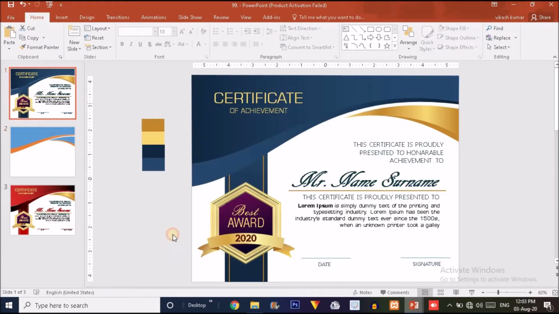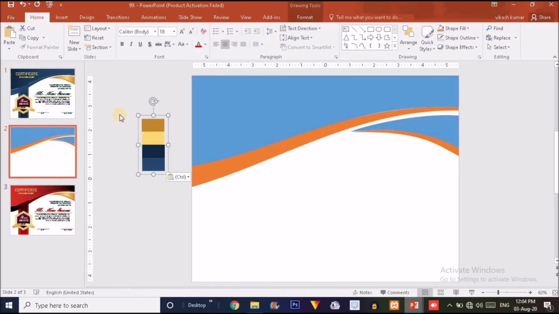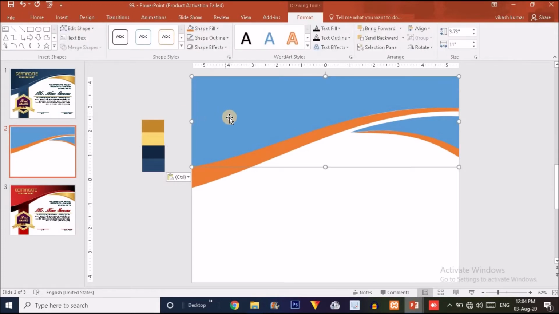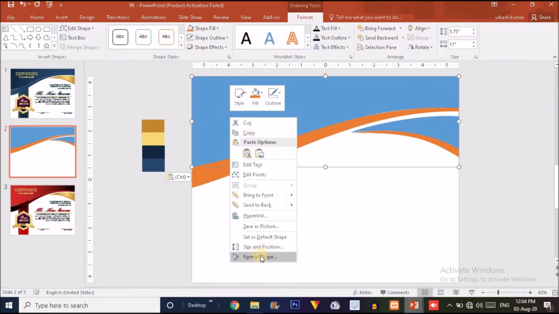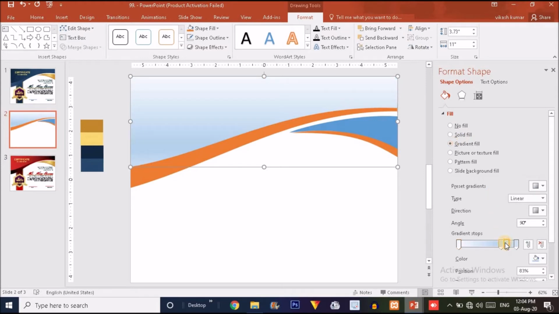we'll copy this color sample from here and paste it over here like this, and right click over here. Now we have to fill it with the gradient. So click on the Format option, click on the Fill option. Here you will find the Gradient option, just click on that. We just have to remove these two extra handles because we want only two.